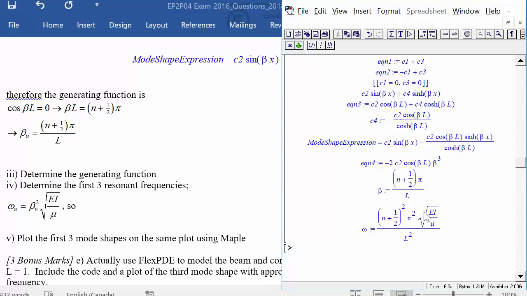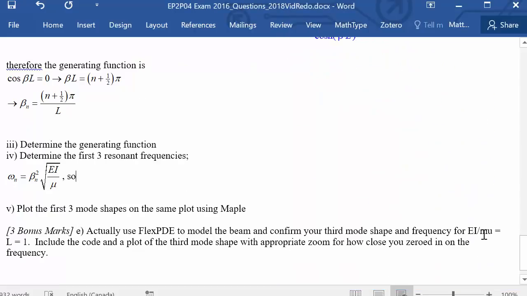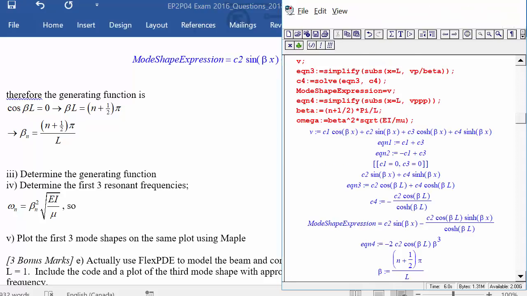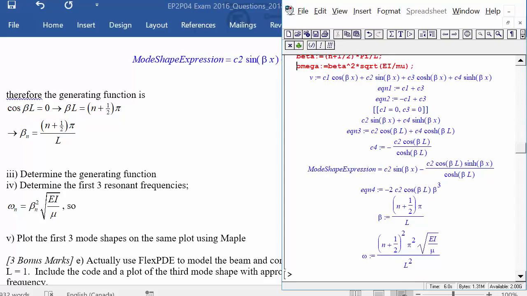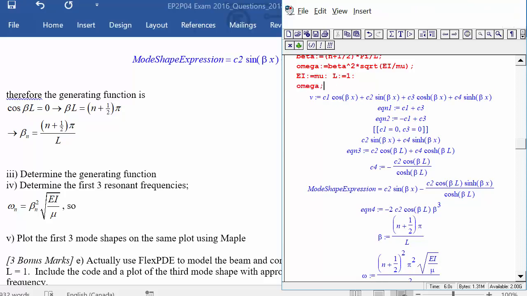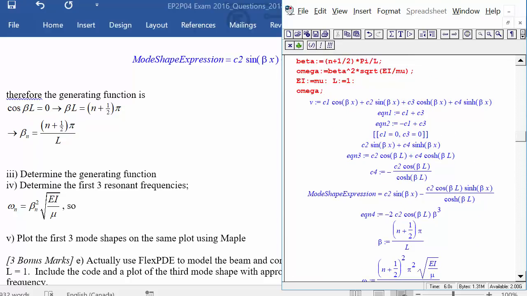So we need to get an EI over mu. It's all going to be proportional to that, and then scale from 0 to L. So we can pick any L that we like. For this last part, they say EI over mu equals L equals 1. So let's give that a shot in the plot there too. To make EI over mu equal to 1, let's take EI is equal to mu, and then let's take L is equal to 1. Then we've got omega, which is that,